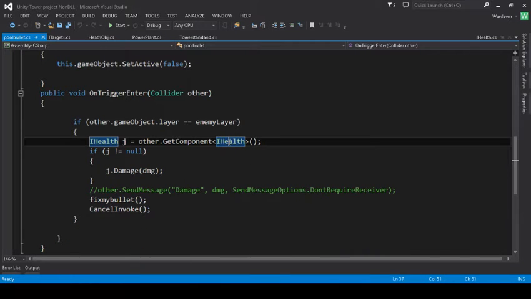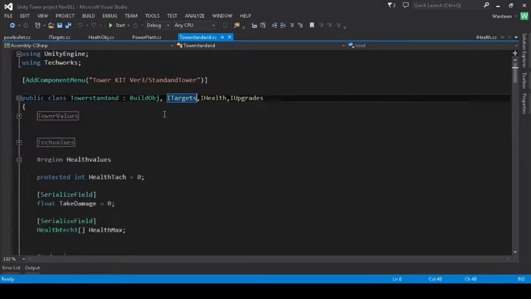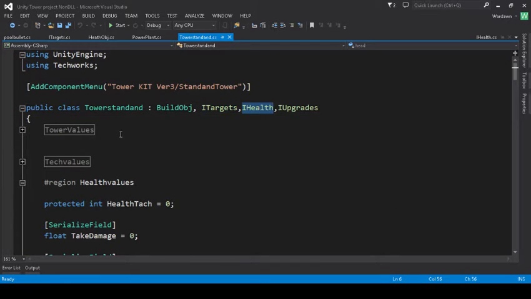Well, in order for that to happen, I would have to make a script for the player, and then I would have to make scripts for the enemy, right? Well, if they both integrate this IHealth, like up here, I can write custom code into this